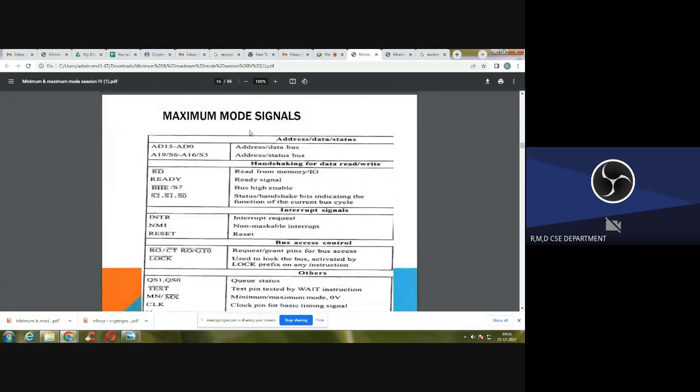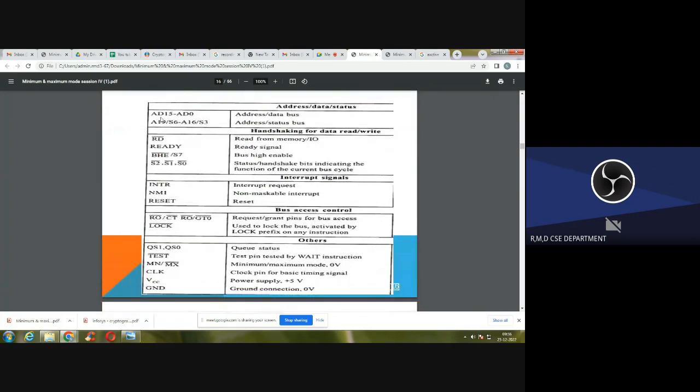In this maximum mode, what signals will be used? There are a total of 20 address lines and the data lines. AD15 to AD0 are the address and data buses, and A19/S6 to A16/S3 are the address and status bus. RD stands for read from memory or IO. Then the ready signal, bus high enable, and the status bits, the handshake bits, which indicate the function of the current bus cycle. INTR shows the interrupt request, NMI is the non-maskable interrupt, and then reset,